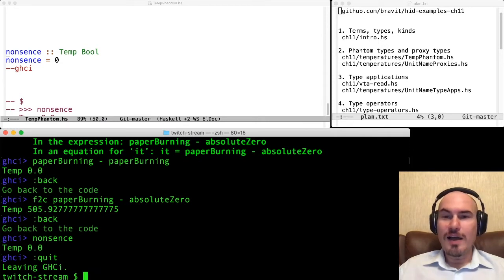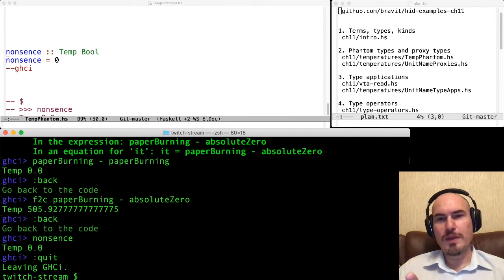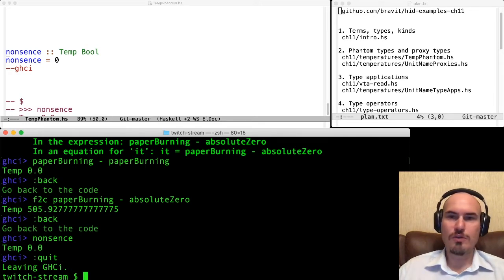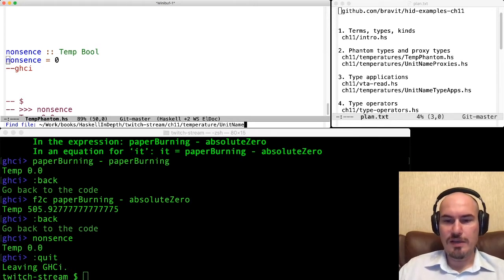Okay, so this idea of phantom types is very old. It is still used quite often in modern Haskell libraries, but it's outdated. So, well, we're not supposed to use it now. There's no control at the level of types. We can express our ideas, but we cannot control them. Let's look at something more interesting here. I will open another file.